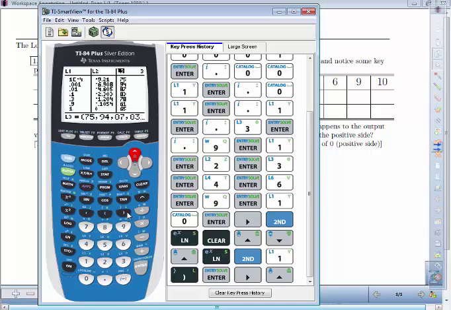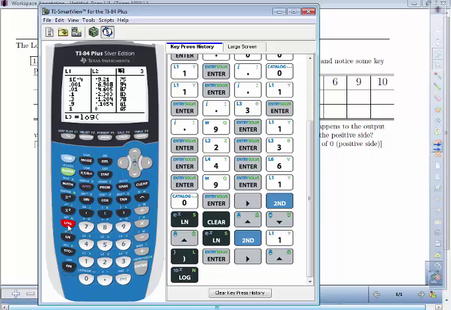All right, let's put the logarithm there also. So again, have your cursor up on the list, on the name of the list. The name of the list is L3, and then this time it's LOG, right? Yeah. So LOG, and then what's your x values again? It's an L1. So second function number 1, and then